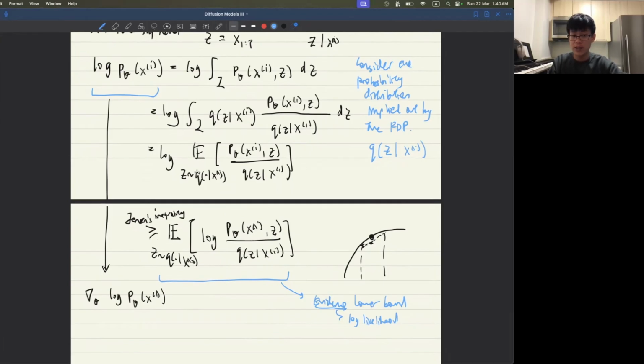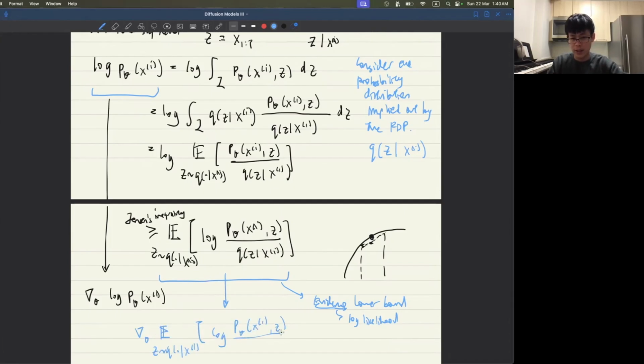So note that this Q can actually be any distribution, right? It is a variational distribution. For our purposes, we use it as the distribution implied by the forward diffusion process, but it can actually be any distribution. And this Jensen's inequality will always hold. And this objective is something that's easy to optimize, because if we take the gradient with respect to theta,